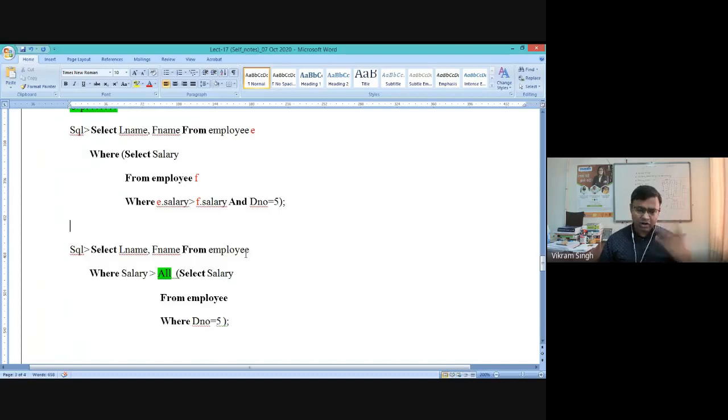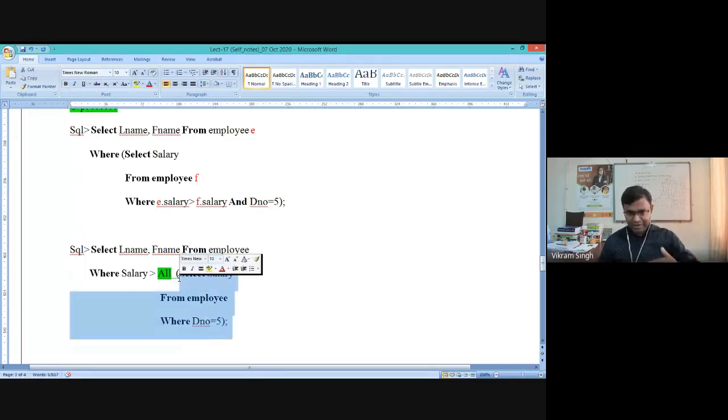Now there is another shortcut which people often use. So instead of writing anything, you do not need to write anything actually. You can simply use ALL. So ALL is a function which is defined to have this kind of queries. So whenever we want to compare one operand with all the possible operands on one side, you can have this arrangement. Like here we are using ALL. So ALL means, आपका सब क्वेरी जो भी देगा, सैलरी डिटेल देगा, 4-5 सैलरी वैल्यू देगा, और इन सब सैलरी वैल्यू से जो भी एक हायर वैल्यू ऑफ सैलरी होगी वो सिलेक्ट हो जाएगी.